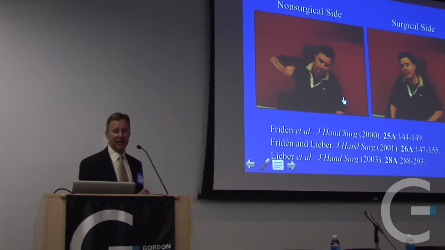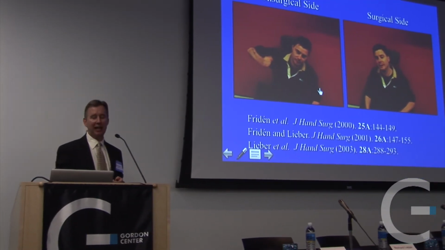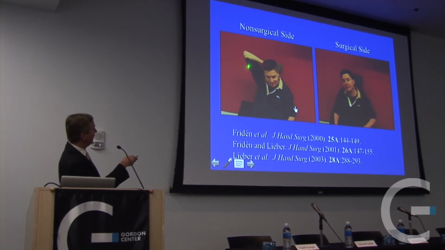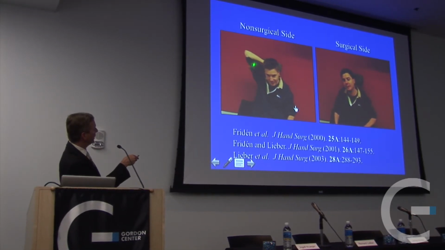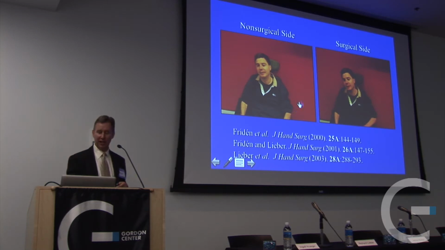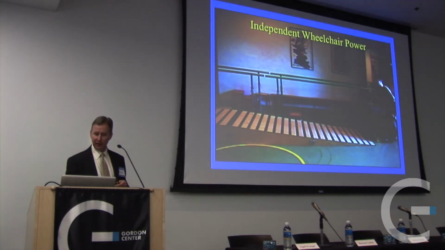Here's a guy who has a neck injury. He's had surgery on one side. On one side, he's had a tendon transfer. He has a little bit of deltoid and triceps function. He could sometimes extend his arm a little bit. It was a little weak there. He has a little bit of extension strength in one of his arms. On this side, on this side,